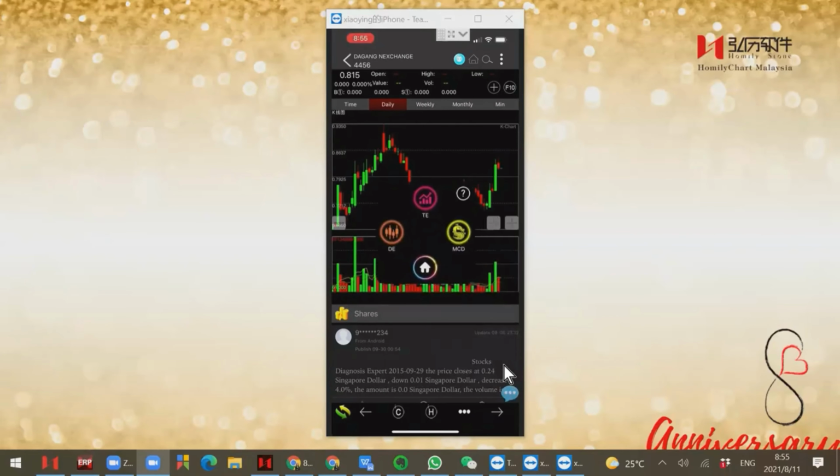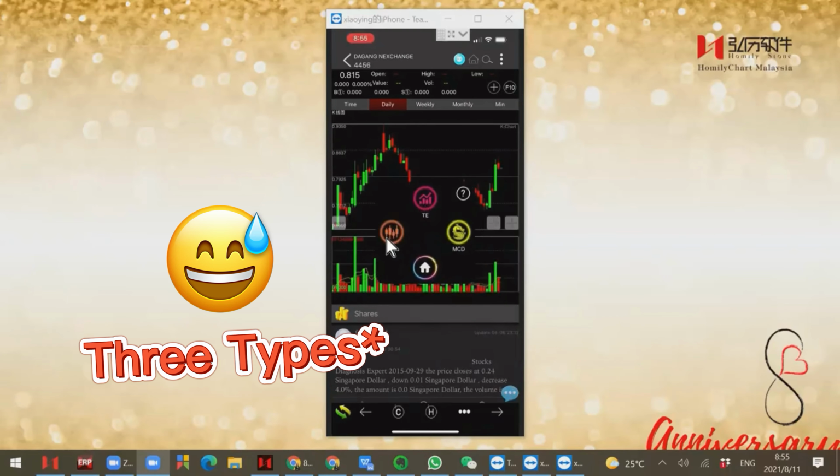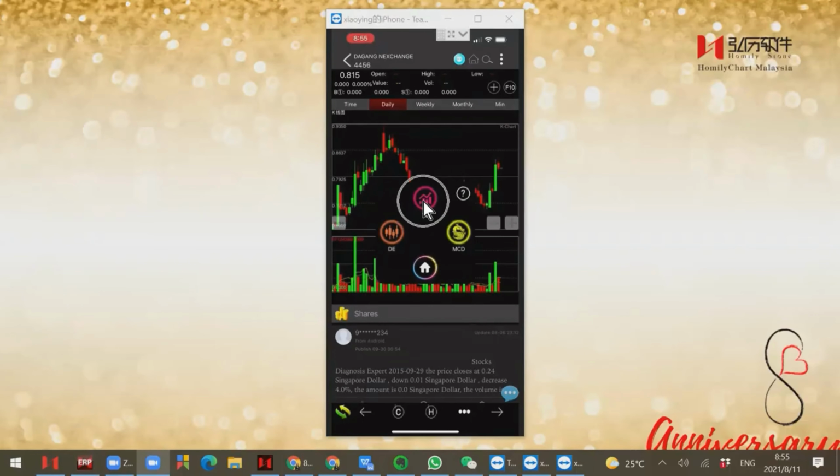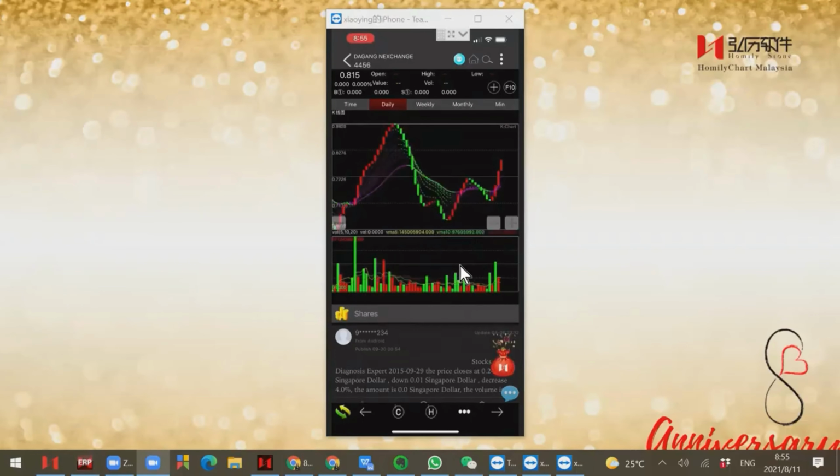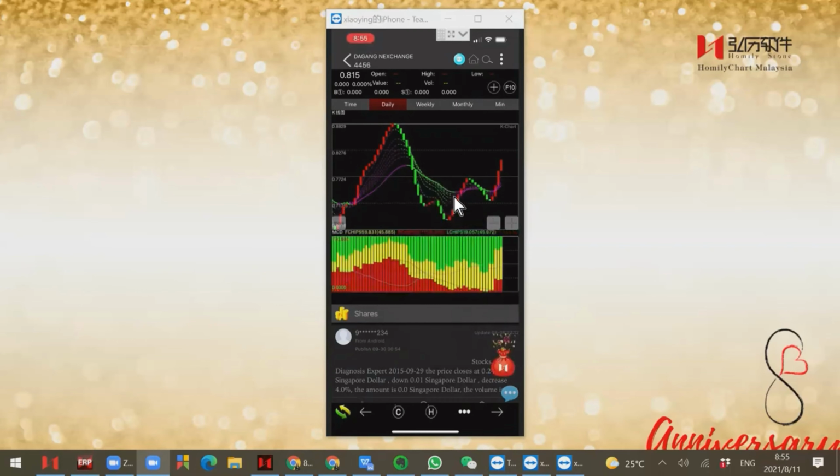So from here we can see there are types of indicators: TE, DE, and MCD. So the TE, okay, we can just simply click the indicators and the indicators will come out. We just have to click the window and also the indicators. Apart from this, if you want to switch more indicators, you can also access the C and also H